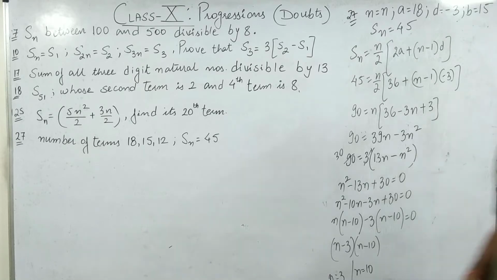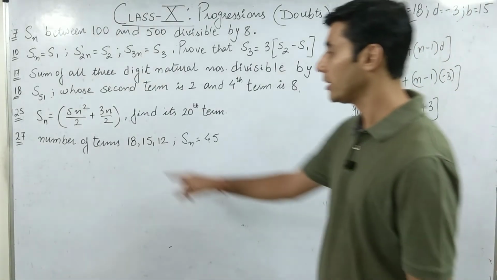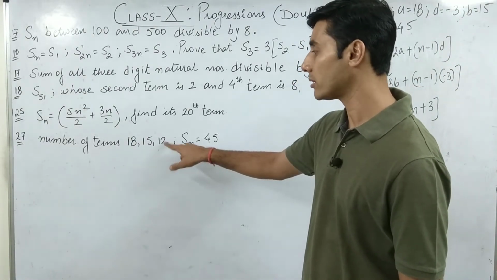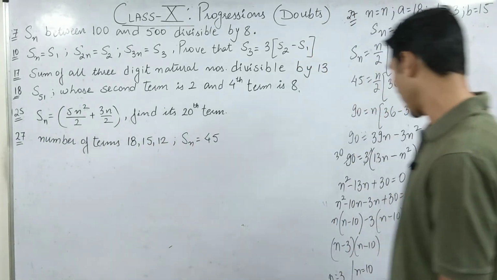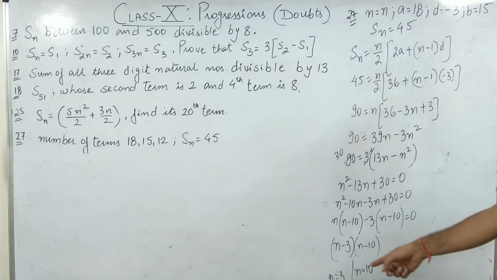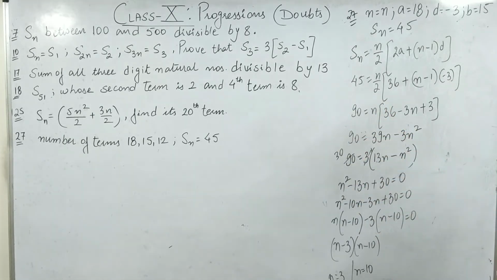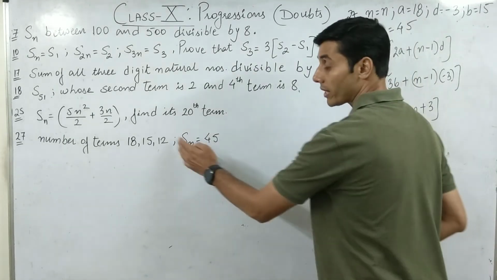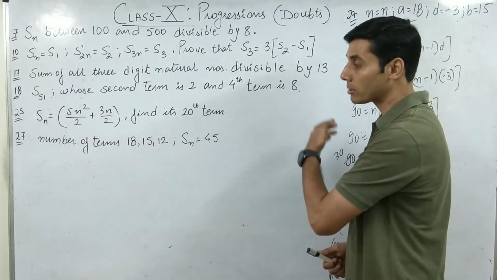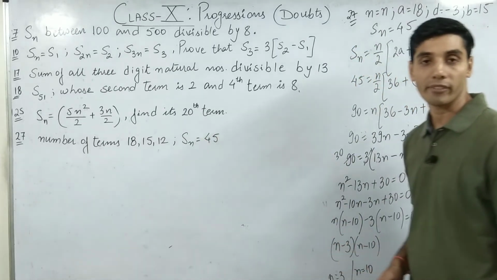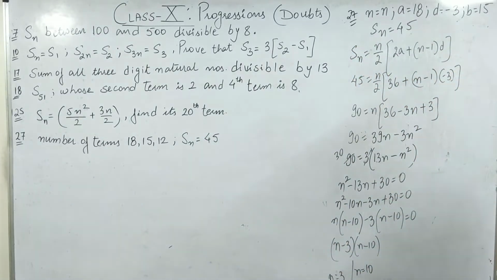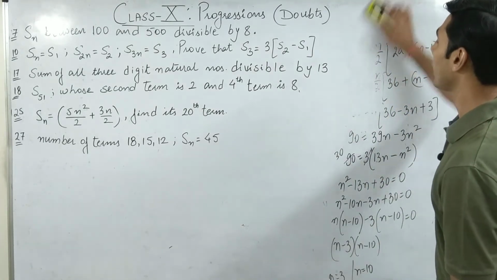Now guys, if I do this, number is 3, so 18 plus 15 comes out as 33, and plus 12 is also 45. And if I keep on decreasing them, and if I take it up to 10, you will think, sir, but how will this come in minus, I mean how will 45 come? Guys, remember that after some time the numbers start becoming negative too, so when you add them, that number might be 45. Okay, I mean you have to check this. So let's rub this off. Again I have not done anything at all, I have only applied the formula, guys. Let's move ahead.